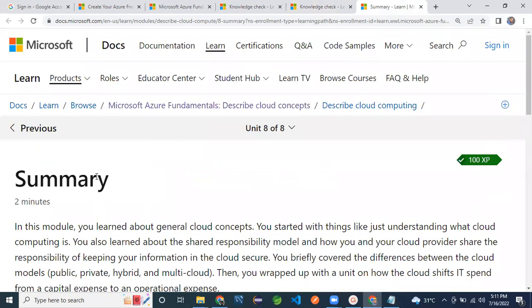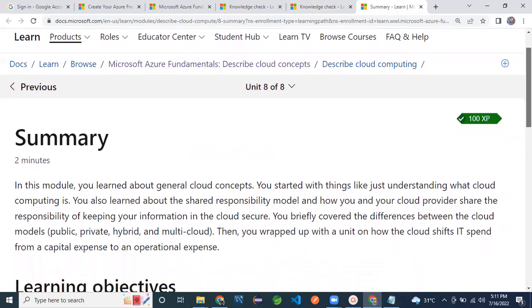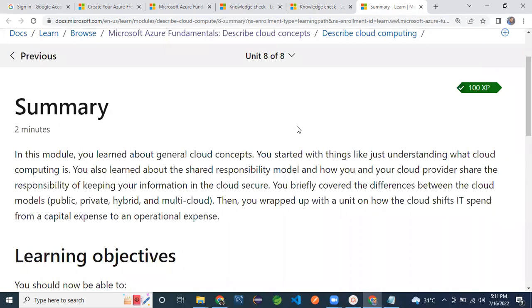Okay, then the summary tab. This is very good actually. If you read these two, the knowledge check and summary, in the summary you can see all the things you have learned in this module. It will just take 2 minutes, a quick recap of what all the contents were, and you will feel happy after you read this one, if you have prepared perfectly and learned that module.